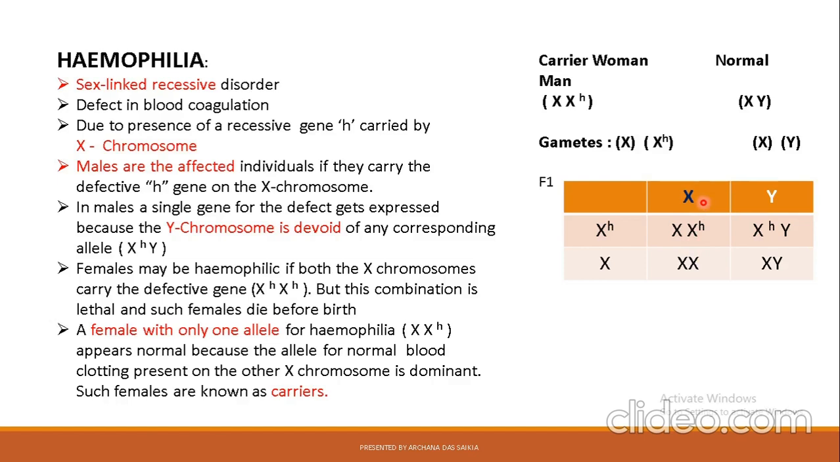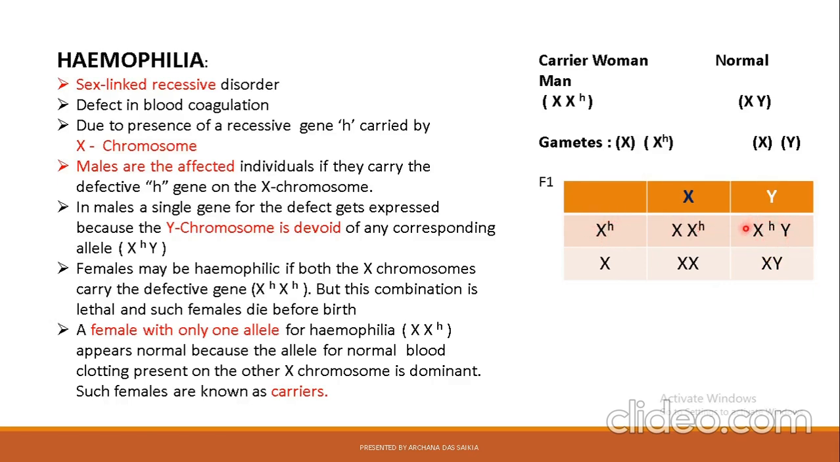If a normal egg from the normal man unites with a normal egg from the mother, then quite a normal female baby will be born who will neither be a carrier nor symptomatic. Now coming to the males, if the Y chromosome unites with a normal egg, then a normal male child will be developed. But if the Y chromosome unites with the egg carrying the defective allele, then a combination we will see here,